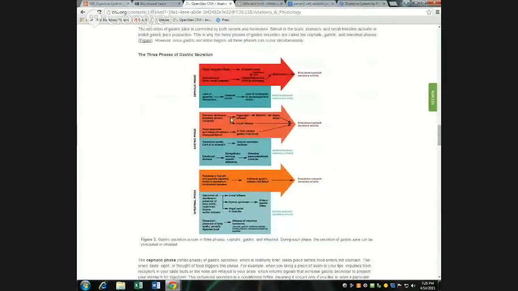The last thing to consider with the stomach, in the stomach portion of the book, is getting at what's controlling stomach secretions, which is what this figure is getting at. Now, there's three phases of what regulates gastric secretions and really, to some degree, gastric motility. The first phase is what's called the cephalic phase, which means what the head is doing to regulate what the stomach's doing. The red arrow up top is getting at the things that lead to